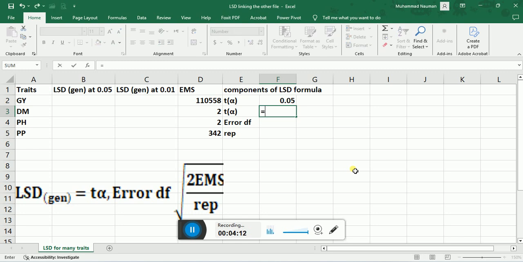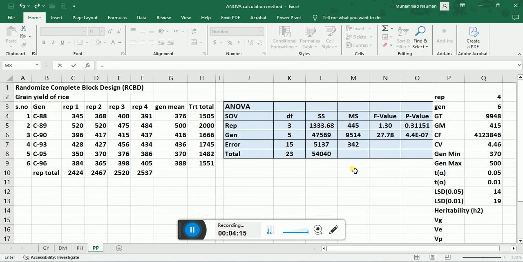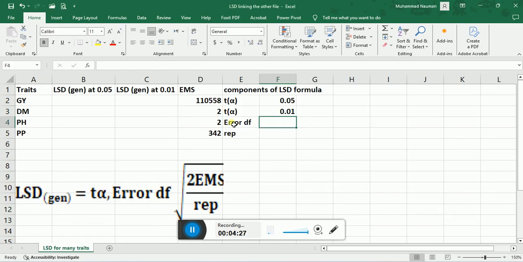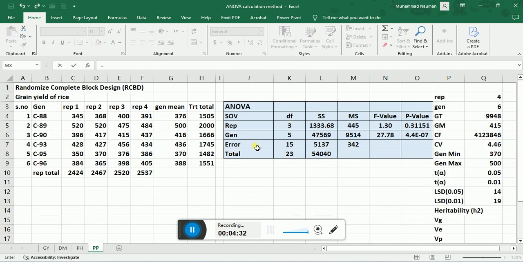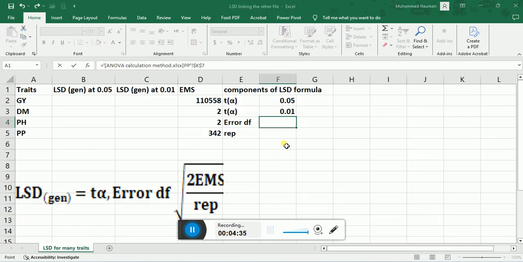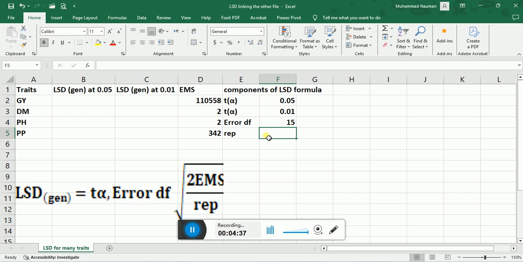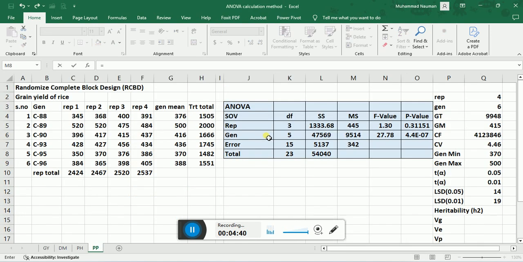Again for 0.01, go to the ANOVA file, click on 0.01 and press enter. For error degree of freedom, equal to, go to the ANOVA table, and this is the error degree of freedom. For replication, equal to, go to the replication in the ANOVA file and click on reps. Here we have used 4 reps. Press enter.